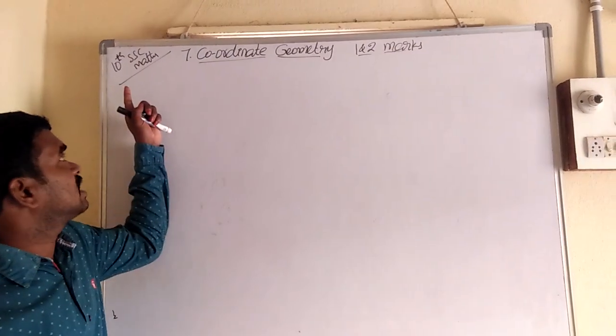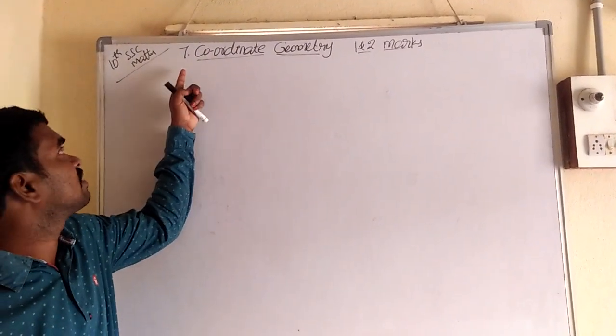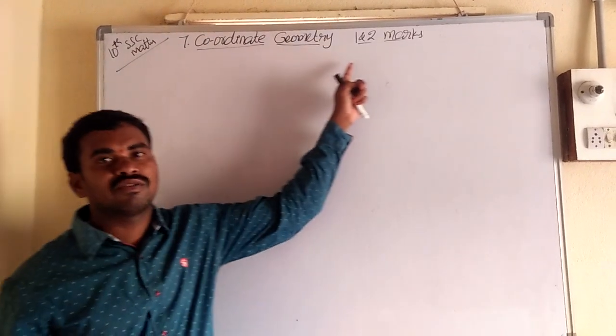Now, 10th class maths, SSC state syllabus, 7th chapter, paper 1, coordinate geometry, 1 and 2 marks questions we